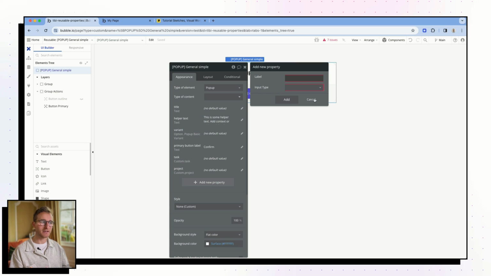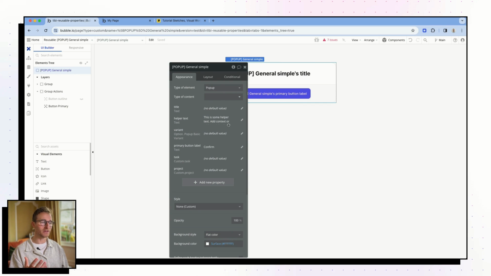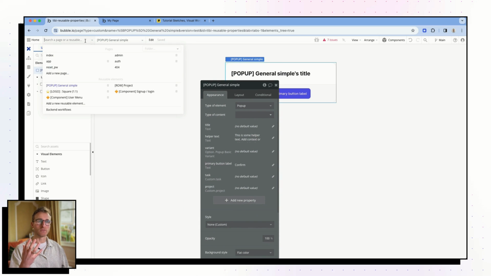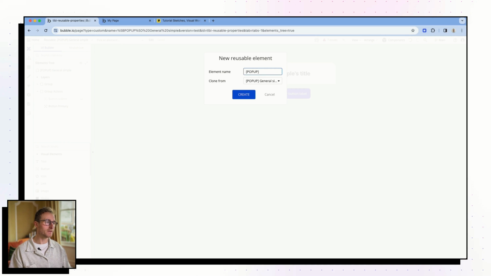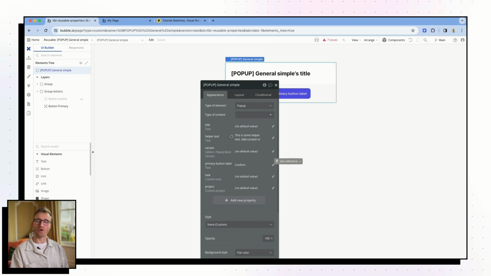And since we're doing this, we may as well just create two, three, four, however many different data types we're working with, that many different reusable element pop-ups. We may as well create another reusable element. If I clone this, and we'll call this the pop-up delete task, and another one for delete project, and another one for delete user, or delete whatever else we're going to do. And before we know it, we've defeated the purpose of using reusable element properties, trying to build in a modular way altogether. So this is definitely not the path that we want to go down.